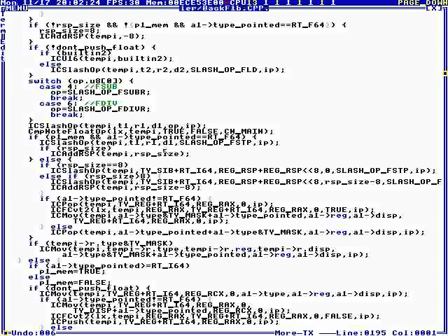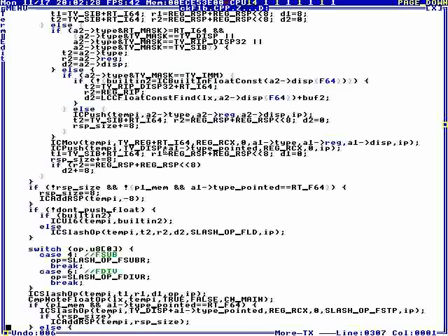So when you call this, you pass the operator as an argument to this function, and if subtract or divide are converted to reverse, that's if